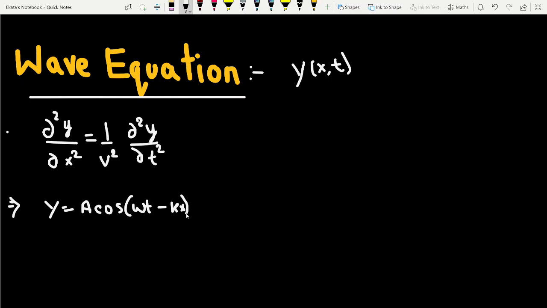Next, what we have to do is differentiate this equation with respect to x. So first of all, I am differentiating this function with respect to x. So I write del y by del x is equal to